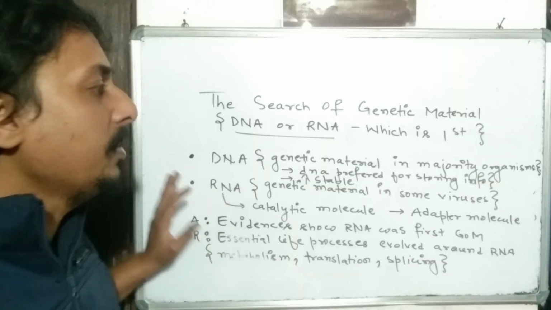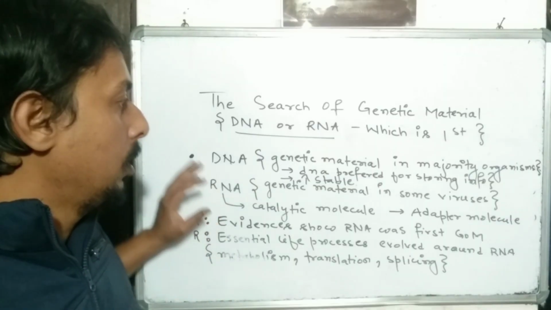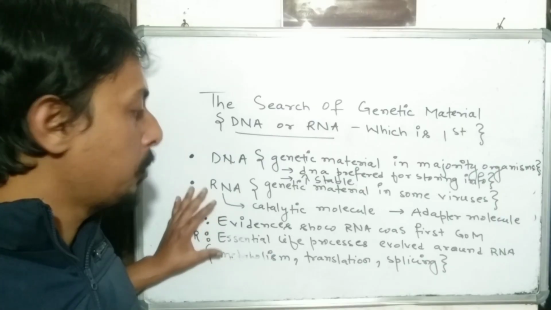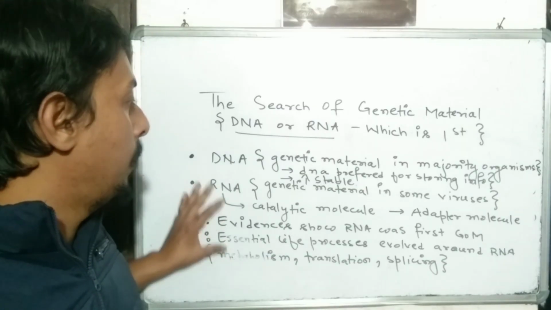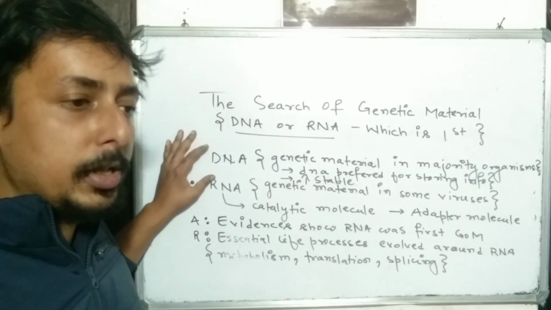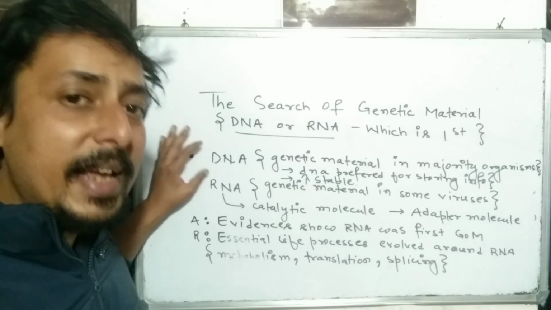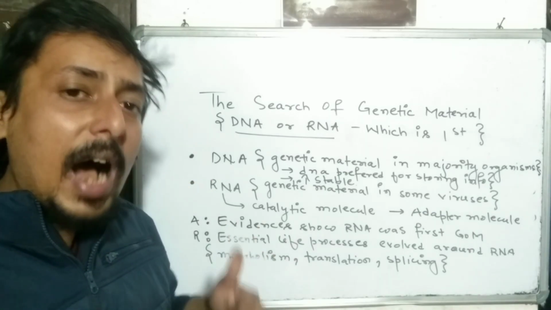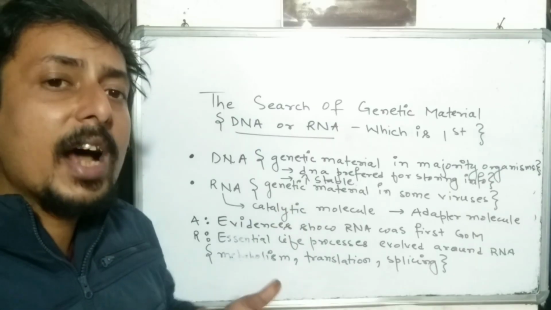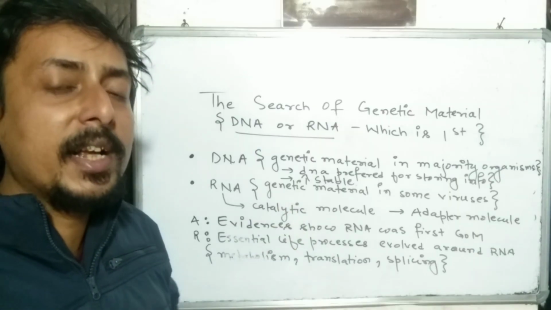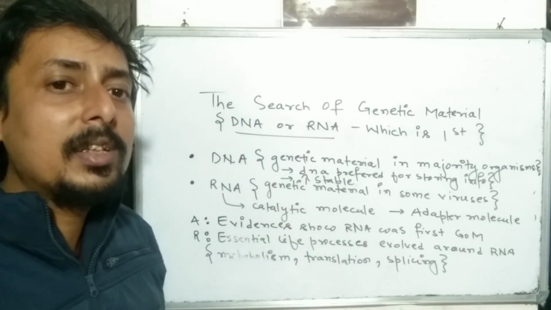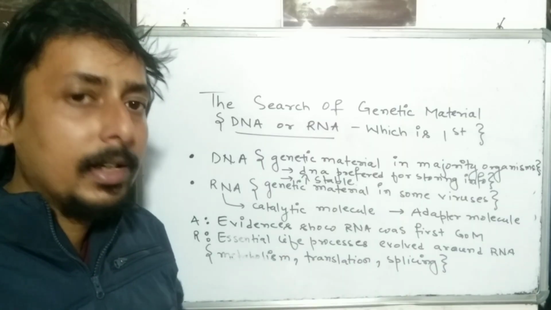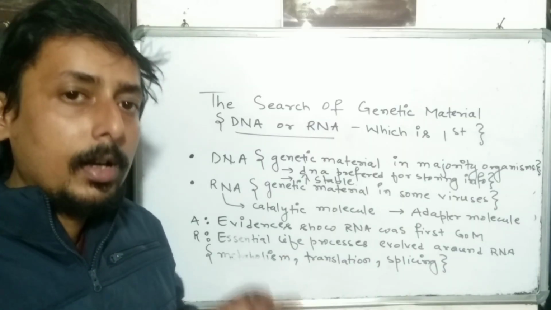So this is all about the beginning of this video. I have told you about the origin of the genetic material. It was suspected to be RNA, but actually the genetic material in the majority of organisms is DNA. Now in the next video we will see how we figured out that yes, DNA is the genetic material, and then we will see certain structures in the DNA, how the DNA is packed. This is all about this video.